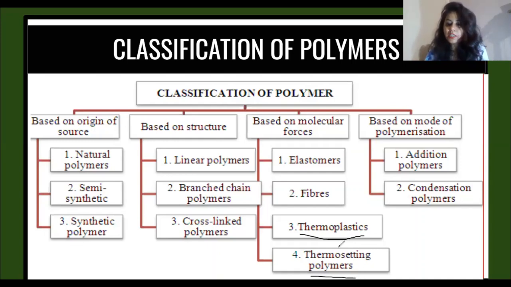Similarly, that type of plastics, which on further application can be molded, can be shaped, can be changed into different shapes, can be reused again, can be remolded again. For example, if I heat it, it will melt, and if I then want to change it into any different shape, it can easily take up any different shape and form. That type of plastics are called thermoplastics.